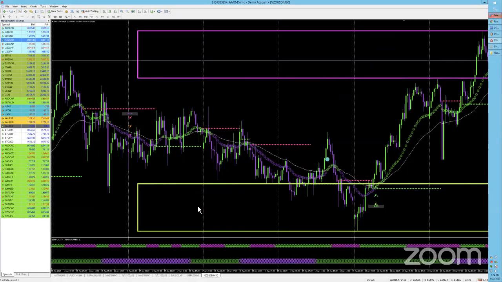I need to hit at least 10 of them to call this a valid entry. If I have at least, whatever amount out of whatever amount available checked off, then I can say, hey, this is a reasonable trade to take. I take my trade and manage it accordingly, so that I use it as a piece of evidence.